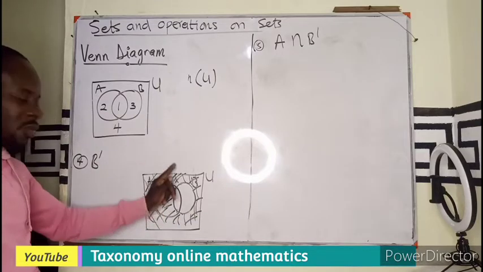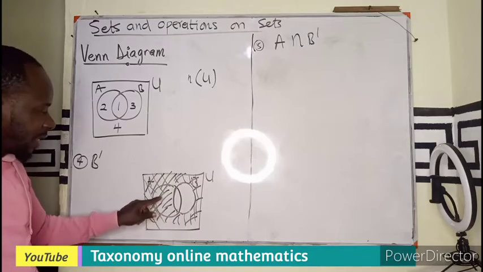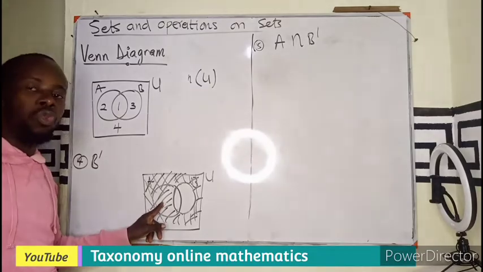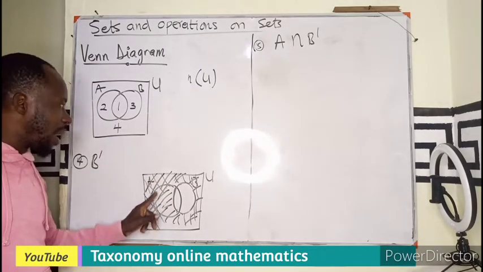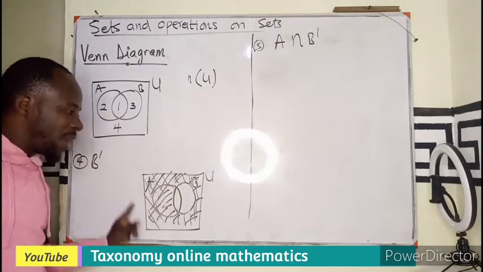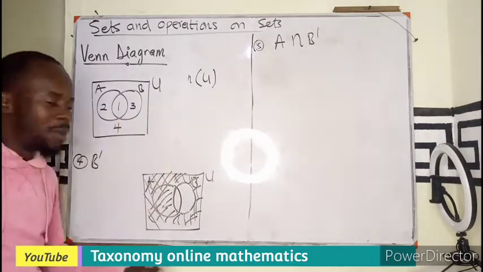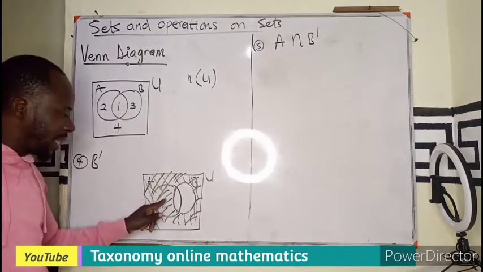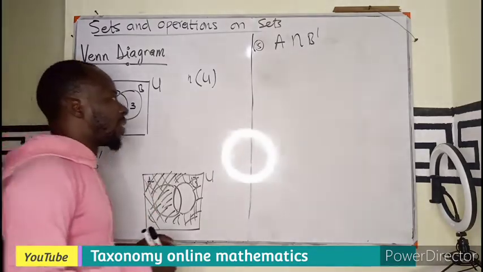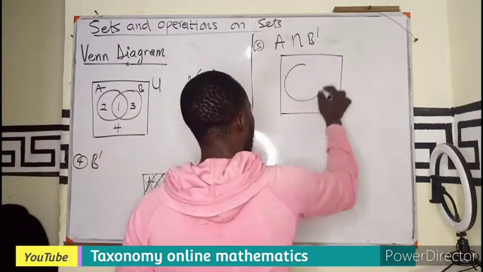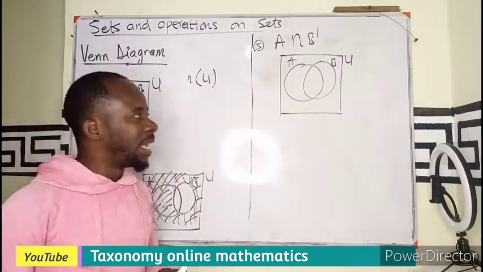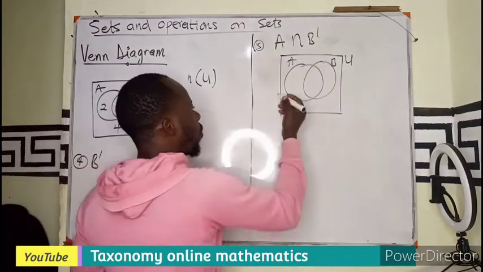But the shading belonging to the B complement is overlapping only at which region? Region 2, even though we have region 4, but A is not in region 4. A is in region 1 and 2. The overlap of the B complement and A will be in region 2 only. So if I'm looking for A intersection B complement, then that region will be only